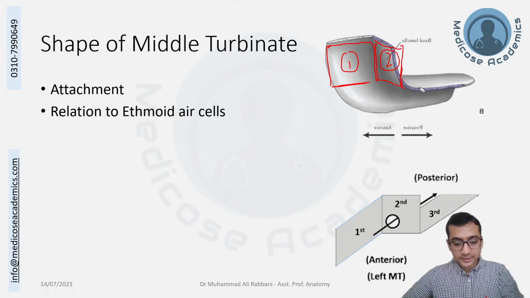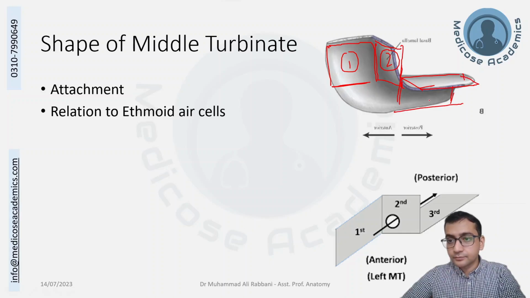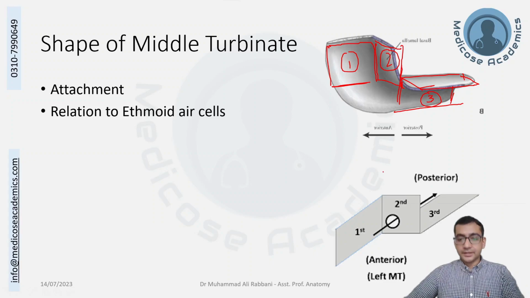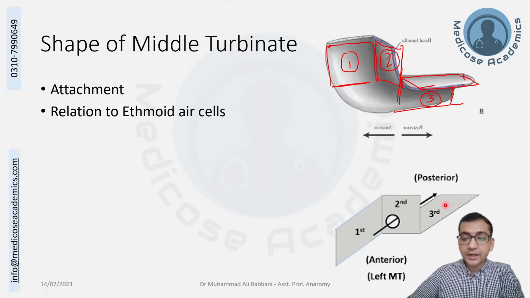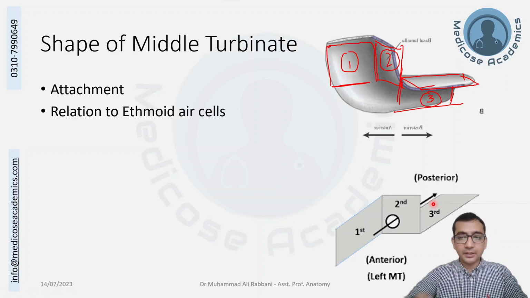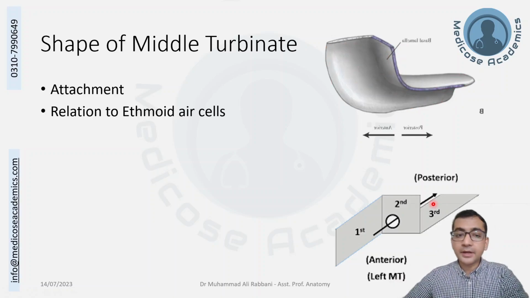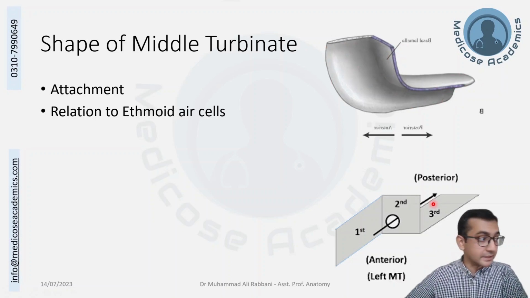There are two structures right here, the roof and the lateral wall, and this will be the third part. It is shown right here. The vertical part, the backward-directing part, and the roof part are the three parts of the middle turbinate. Don't worry if you forget it, but I just mentioned it because in books where the detail is given,